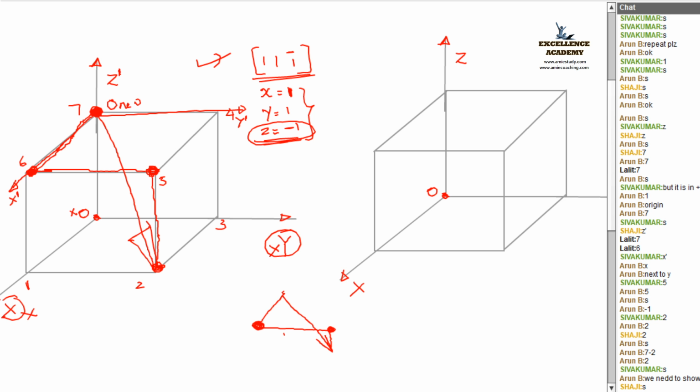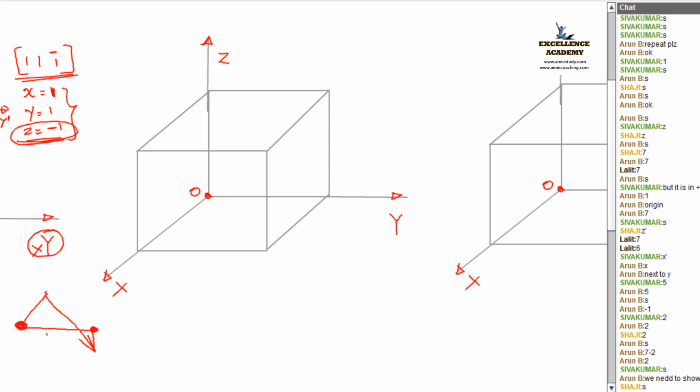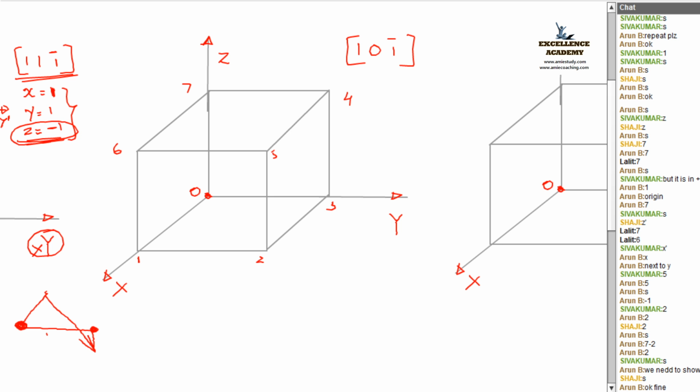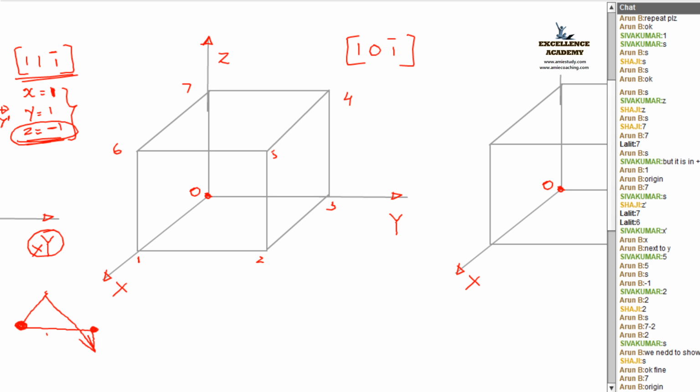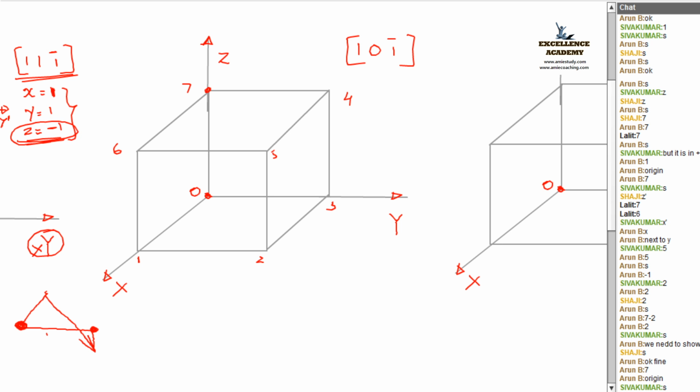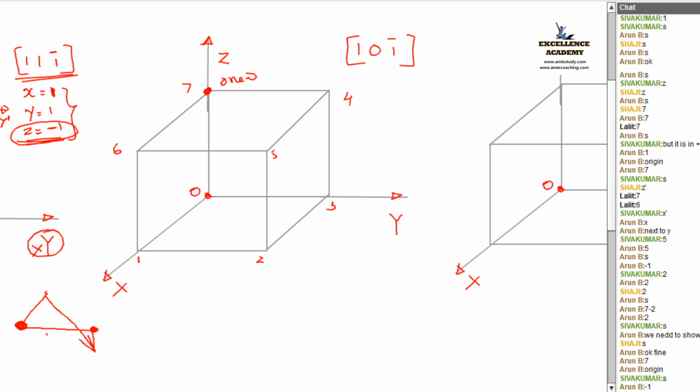Now, I shall move to another problem. Let's see whether it is clear to all or not. First of all, I shall name this 1, 2, 3, 4, 5, 6, and 7. Question: 1, 0, -1 in square brackets. Give me the direction. The final answer I want. What is the first step? You have to check whether it is necessary to shift to the origin or not. Yes, you have to. Where is that new origin? New origin is my 7, or O new. So this is my new x-axis, this is my new y-axis, this is my z-axis.